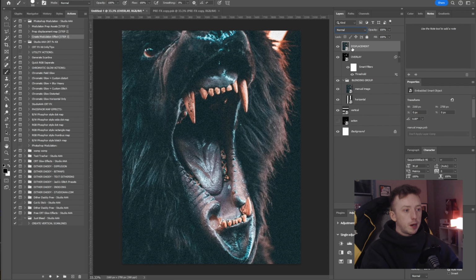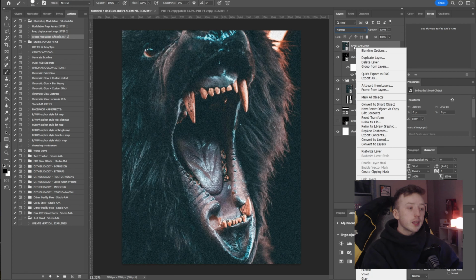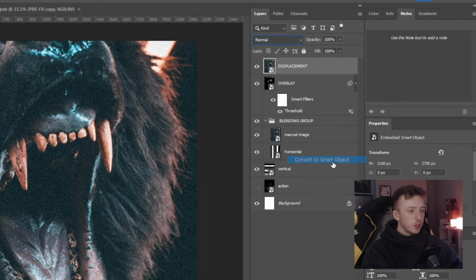Last thing you got to prep is the displacement asset. Right click the displacement layer and convert it to a smart object again. Just doing this to avoid making any changes to the smart object we originally created at the start of the video. So now you've sort of doubled up on the smart objects, you can double click into this, and once